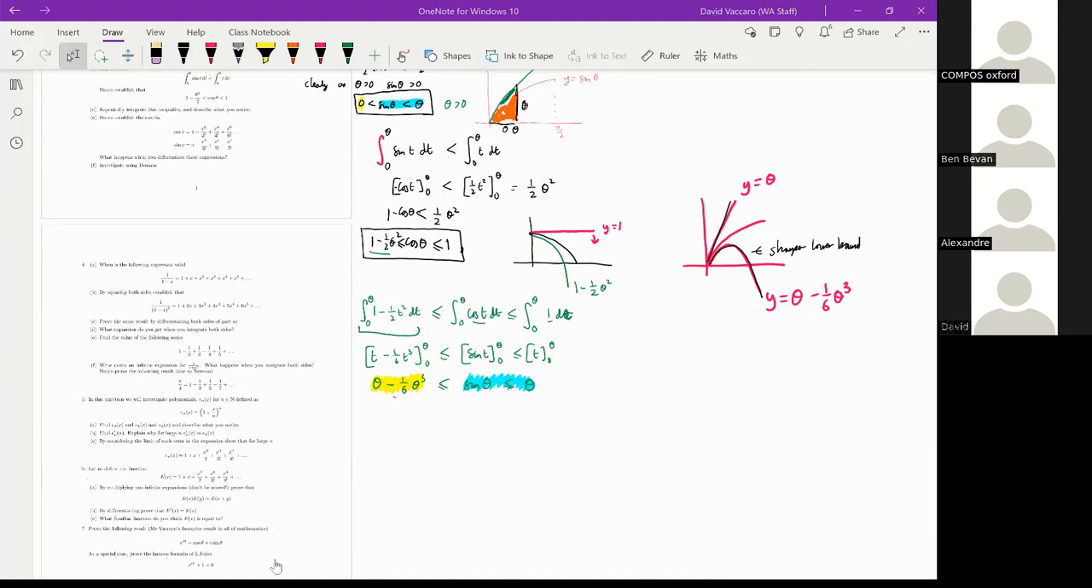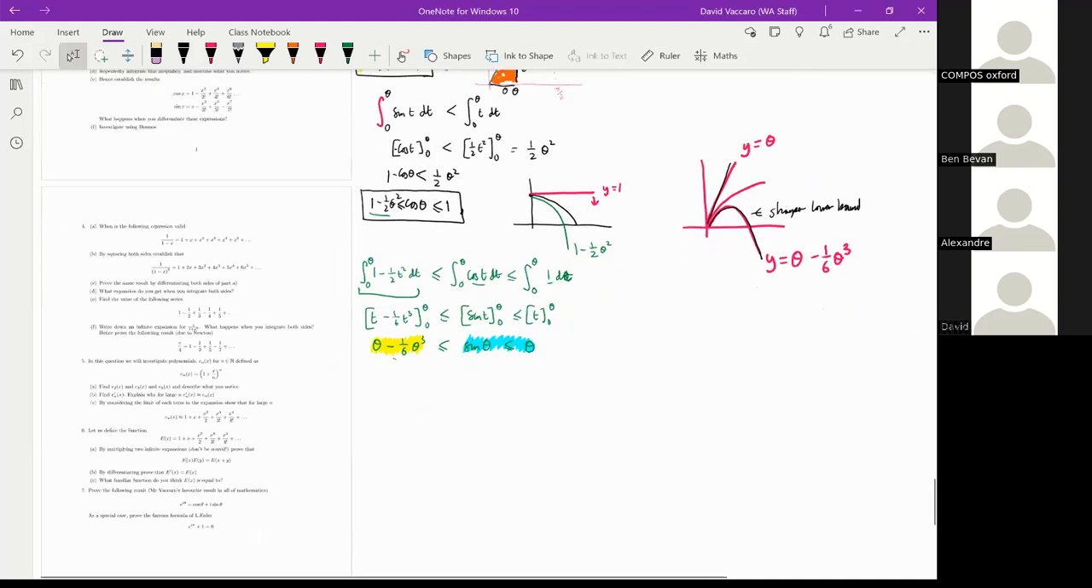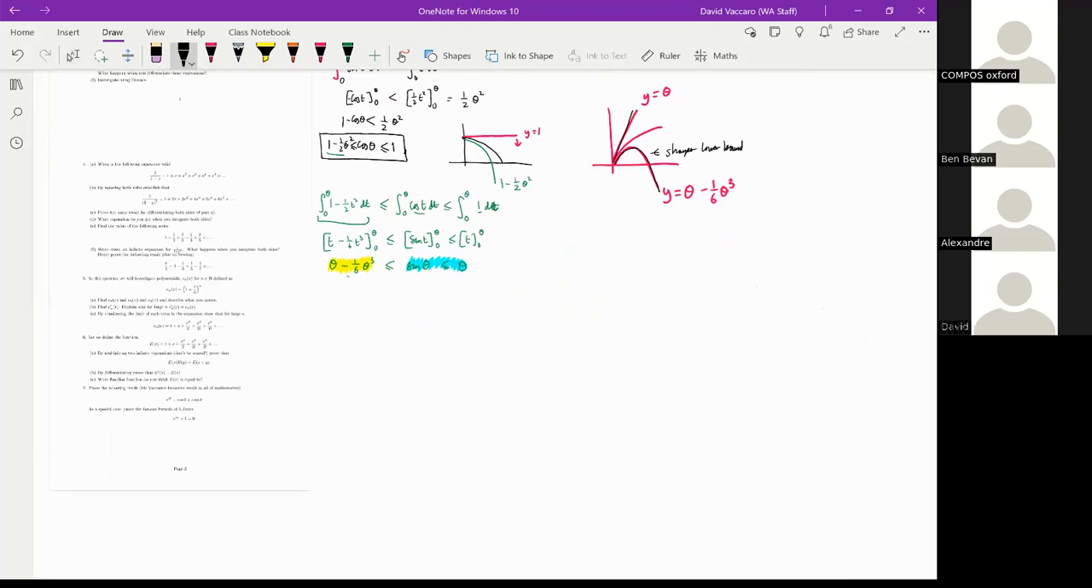I've now got an inequality for sine theta. How can I get a new inequality? Well, I can simply integrate again. So I can integrate from 0 to theta of t minus 1/6 t cubed is less than the integral from 0 to theta of sine t is less than the integral from 0 to theta of t, just integrating that inequality. And now I get 1/2 t squared minus 1/24, which I can write as 1/4 factorial